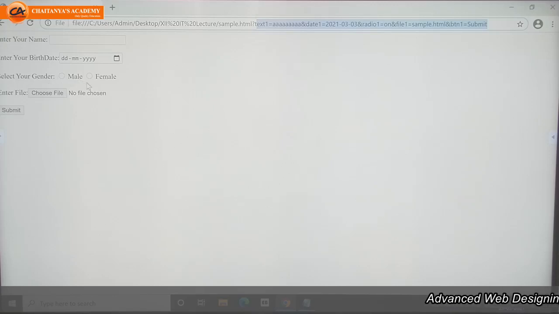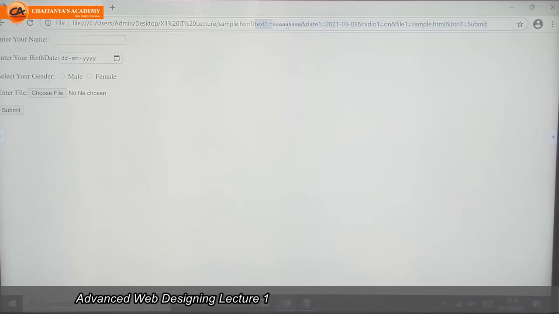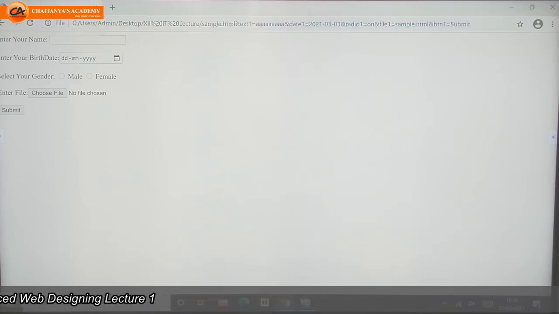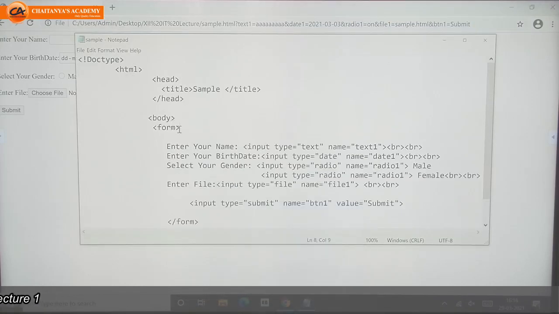This is the data the form sent, and we are getting it here. If we write method equal to post, then we have to use another attribute, that is the action attribute.